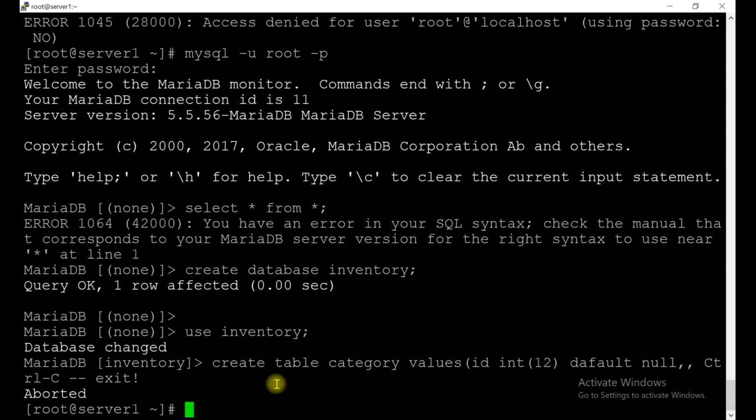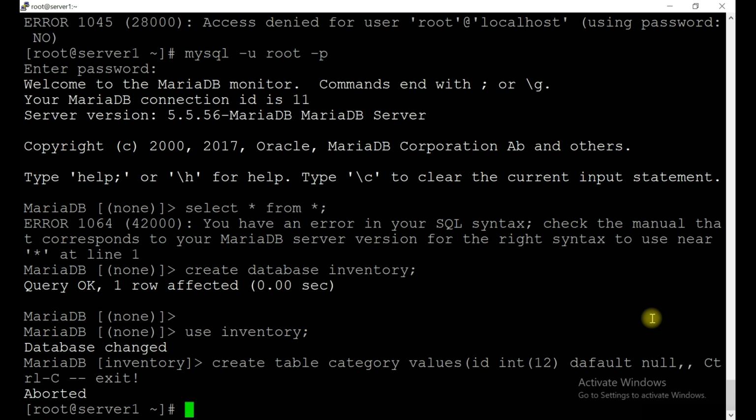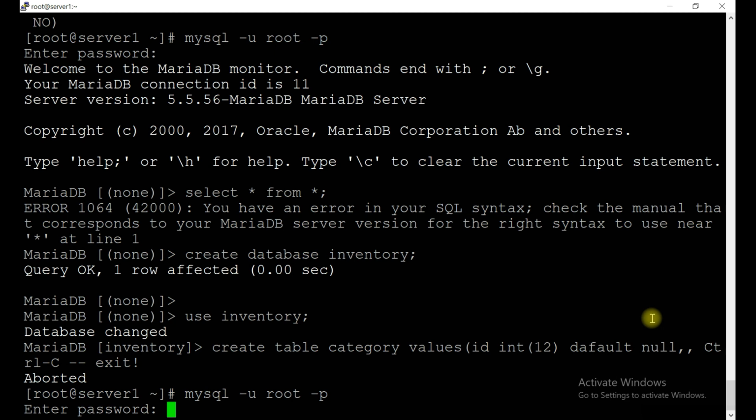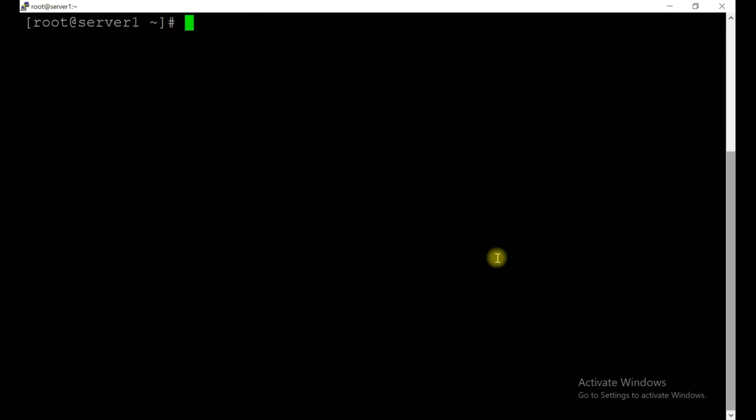Let's clear the screen first. Let's log into the database: mysql username root, and -p for the password.